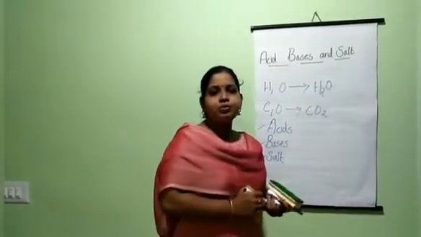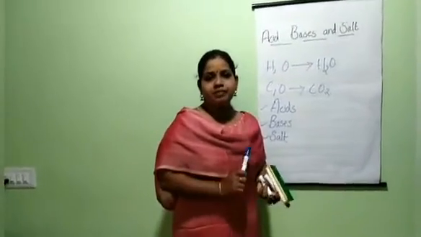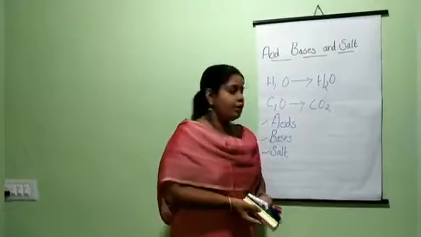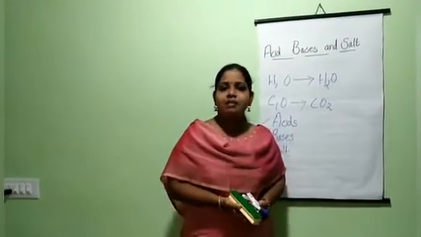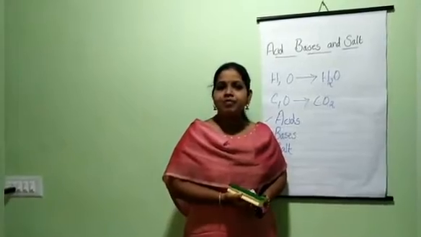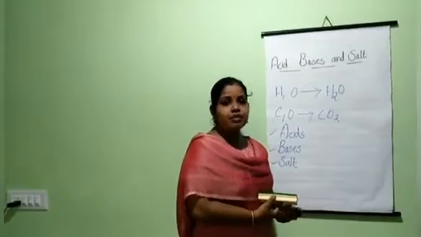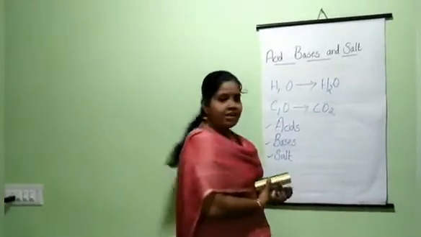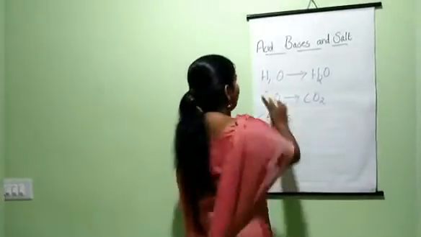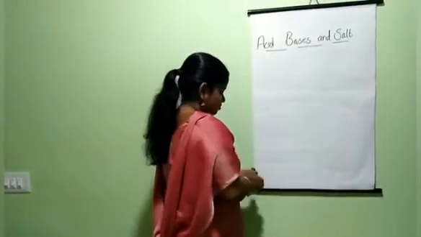Then how will you distinguish whether a given substance is an acid or a base? In the class 9 practical section, you might have used litmus paper or other indicators. Litmus paper is a type of indicator. Indicators are the substances that are used to distinguish whether a given substance is an acid or a base. So, we are going to discuss indicators in detail.